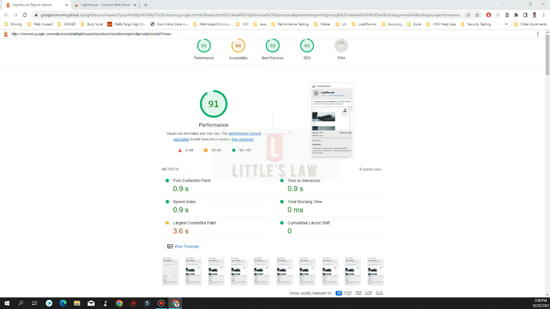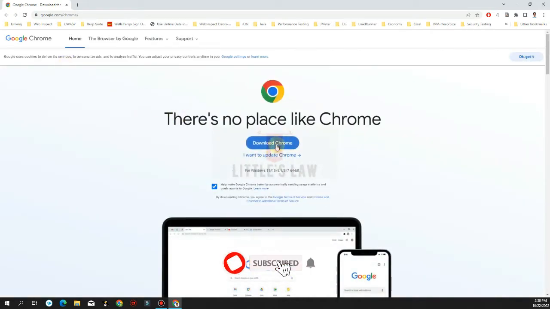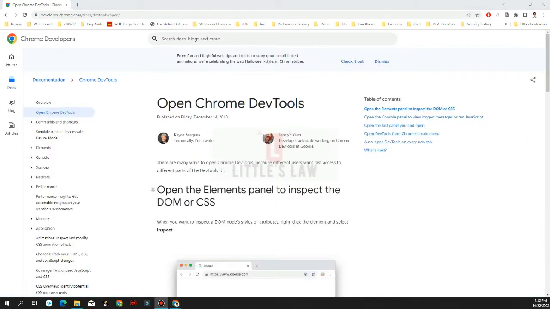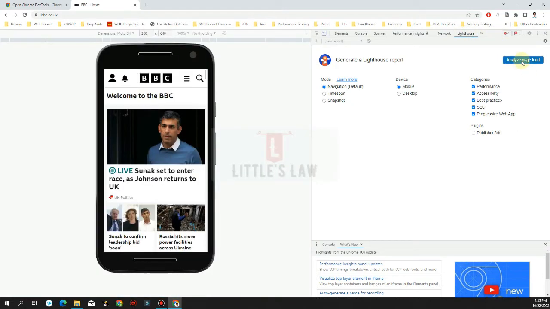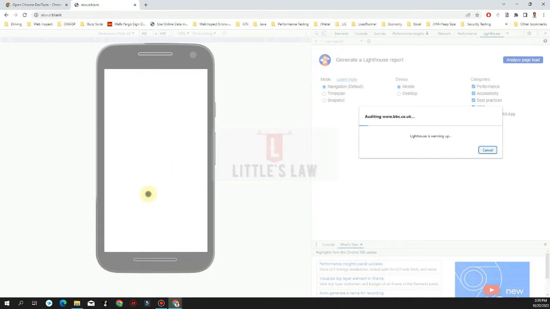First, let's see how to run Lighthouse in Chrome DevTools. For that, we have to download Chrome, and inside Chrome, we go to the Chrome DevTools. The first option for opening the Chrome DevTools is by pressing F12, and under this we have Lighthouse, and I'm clicking on Analyze Page Load. You can see here that the page is being analyzed under the mobile version. Since we have chosen the mode as navigation and the device as mobile, and we have chosen all the categories,